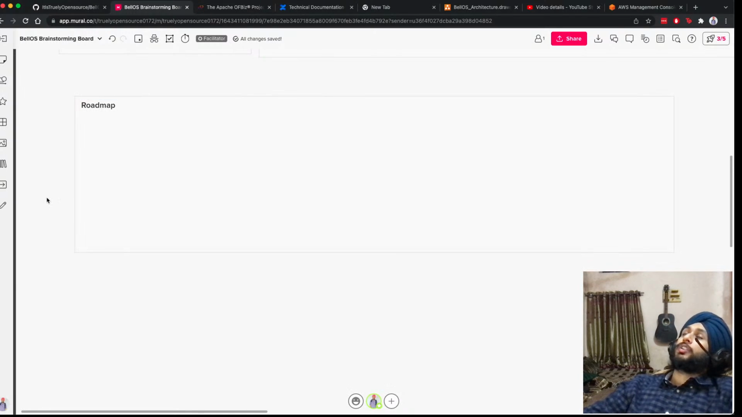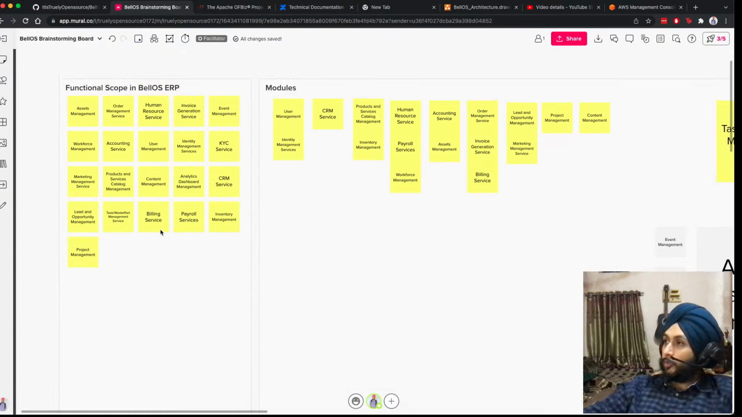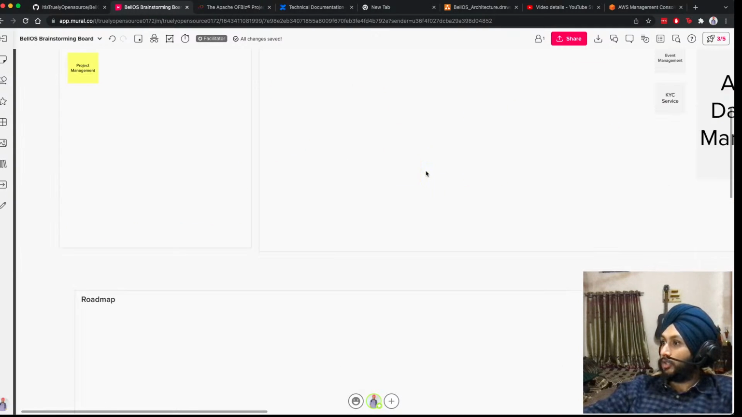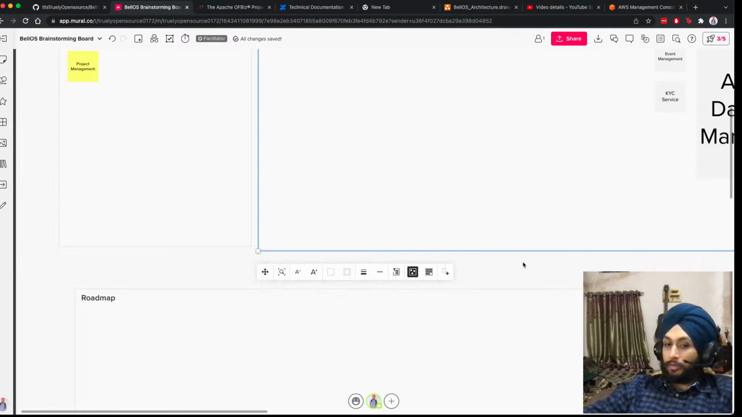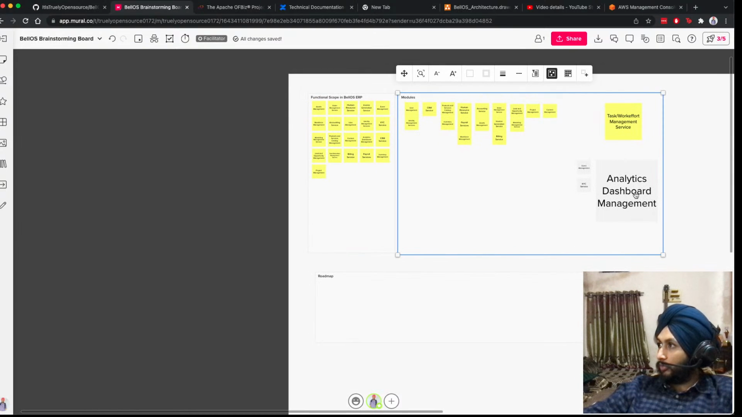So what to cover in the roadmap? What's the next thing that we are planning to do? Since we have divided our services into different modules,